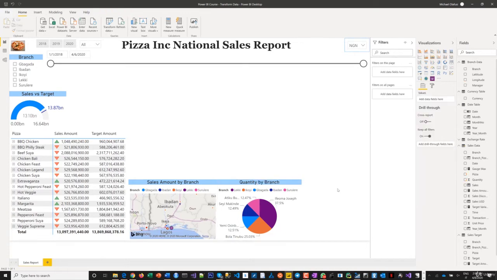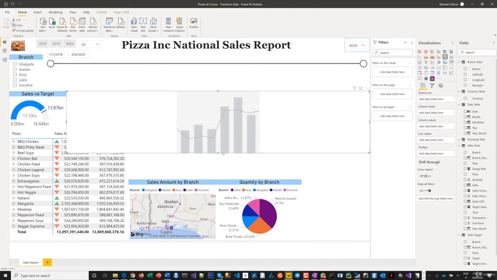Okay, so I am going to add another chart type. So now we are going to add a combo chart, a clustered column and line. So I'm going to add this one, combo chart. So what do I want to show in here? I want to show over the months what has been the sales and the quantity as a line chart. So that means the shared axis is going to have the year, month,